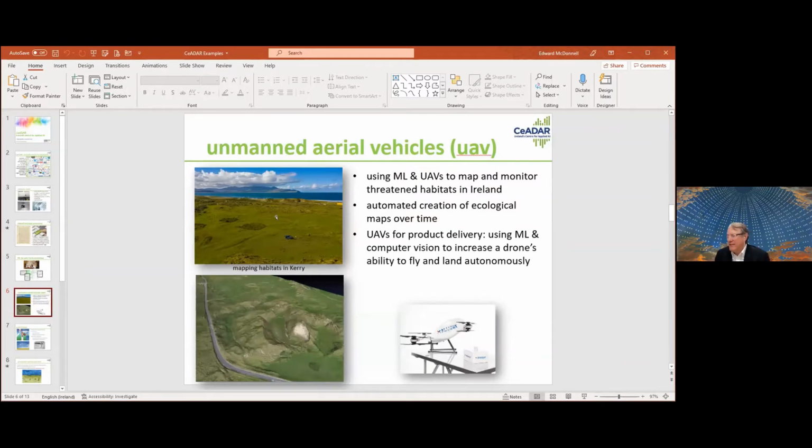So unmanned aerial vehicles, or drones. It monitors the coastline of Ireland, mapping the endangered ecological habitats for wildlife. And we're working with Mana, whom we all know, on developing algorithms that allow the autonomous flight of these drones in delivery of packages or medicines to recipients and then back to the base again. So these are the